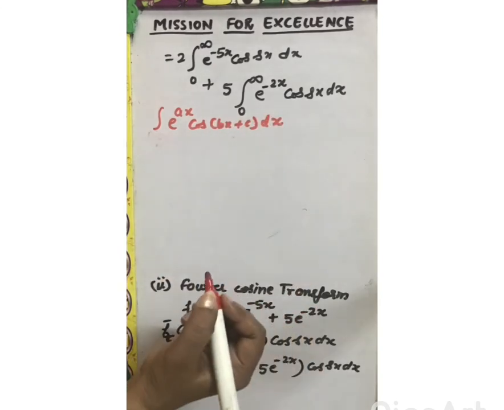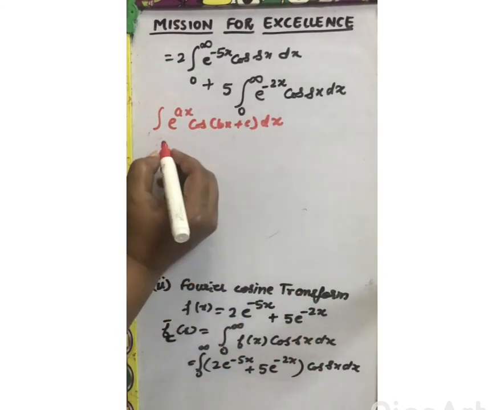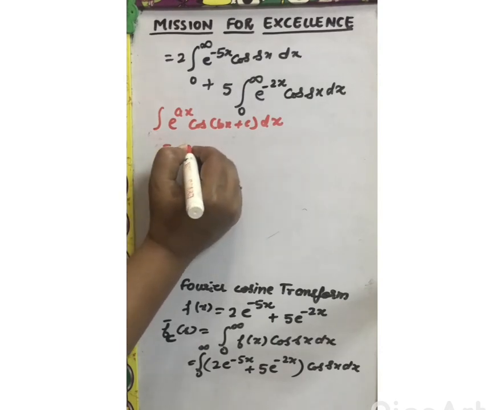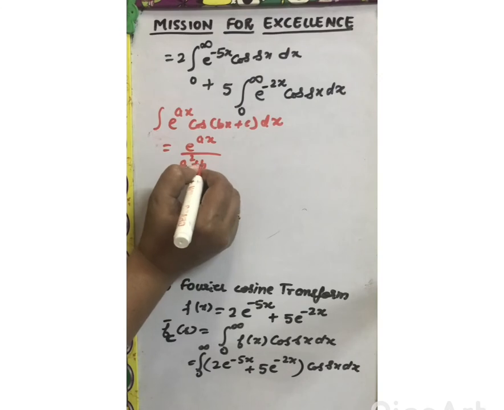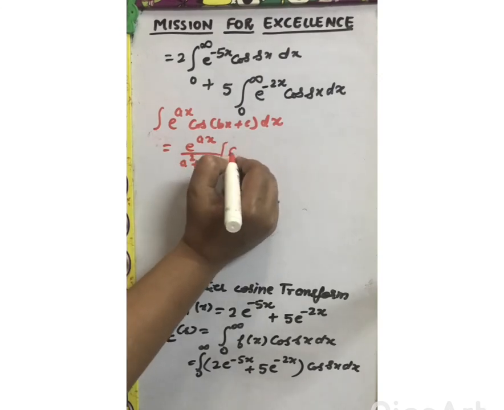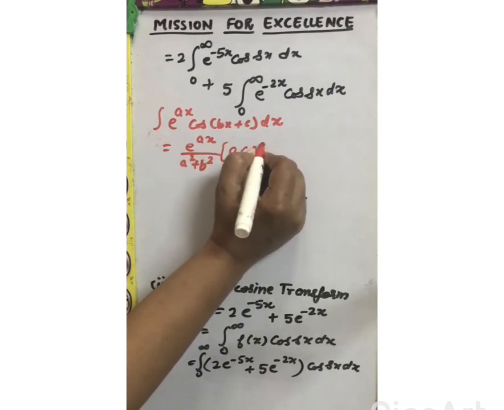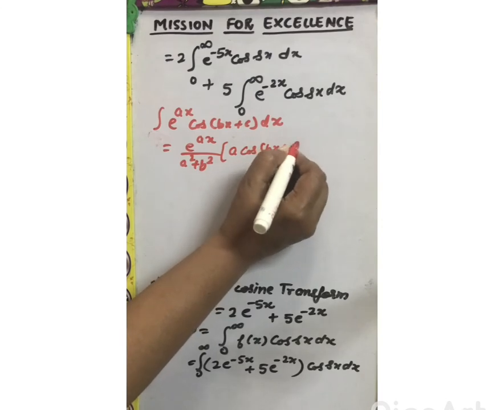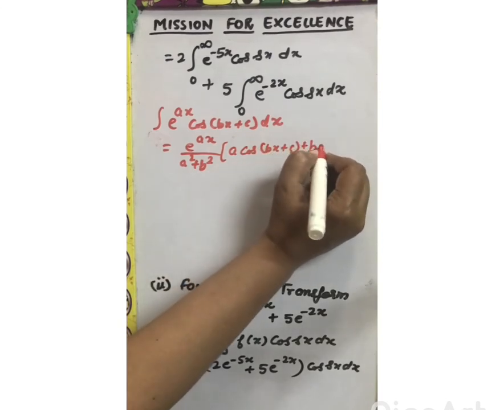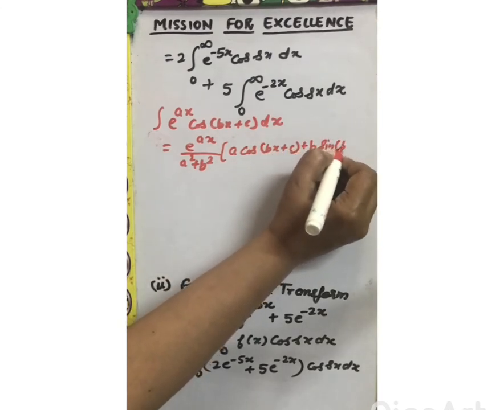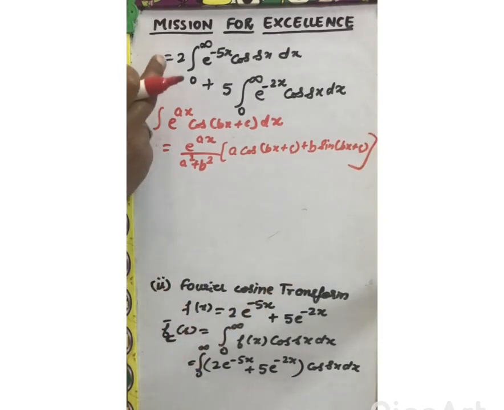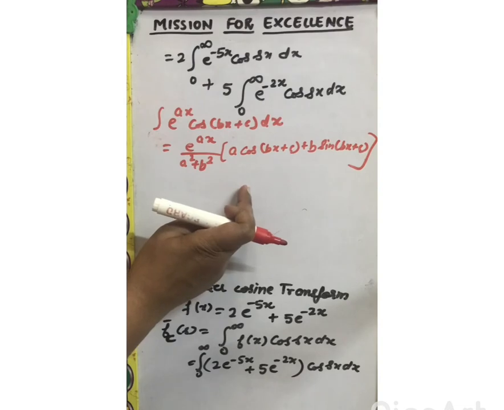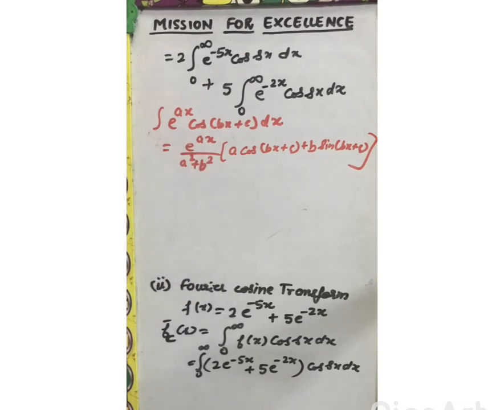Just as previously we defined the formula for sine, this is the formula for cosine: e^(ax) over (a square plus b square) into (a cos(bx + c) plus b sin(bx + c)). So compare these two integrals with this formula. After putting the limit, we will get